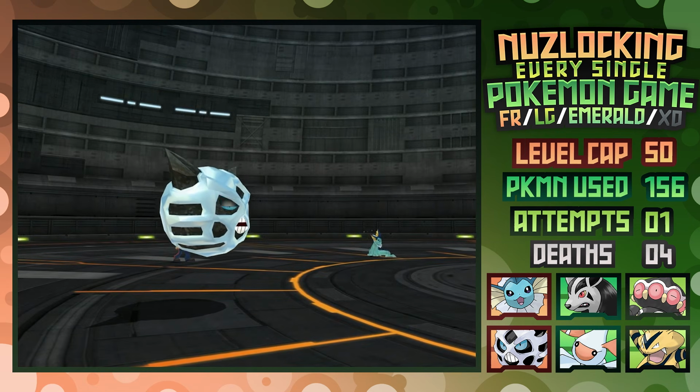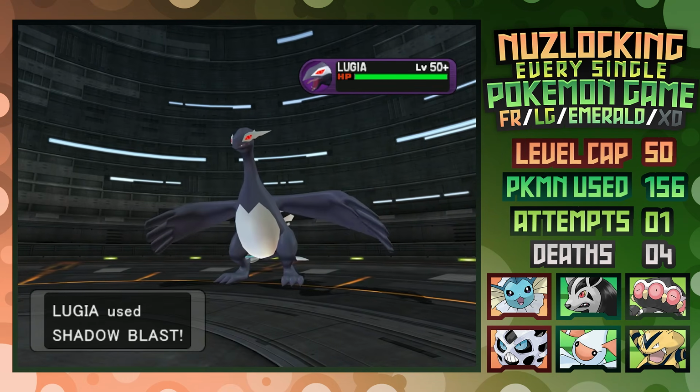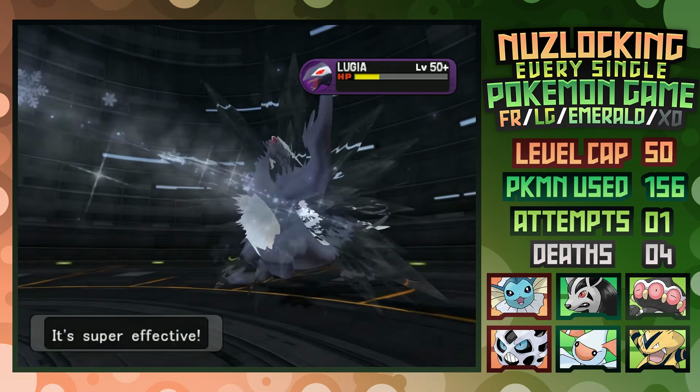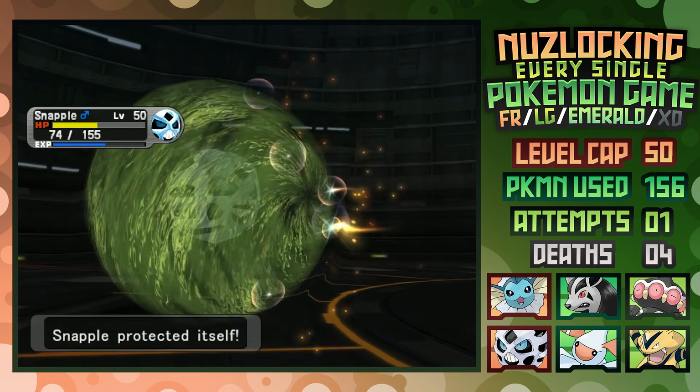Shadow Lugia is first, therefore on its own as an individual battle, and sure I could cheat and use the Master Ball, but I'm gonna take the half damage with Glalie from Shadow Blast, then hit it with Ice Beam from both Glalie and Vaporeon. All I've got to do here though is Ice Beam with Vaporeon and Protect with Glalie and...